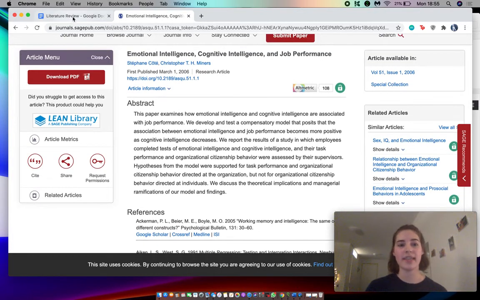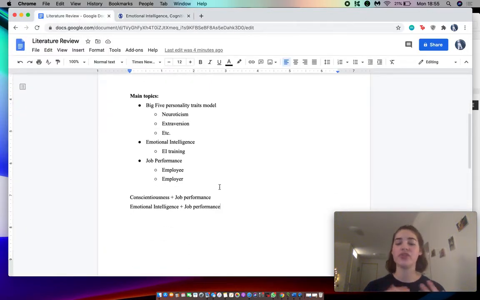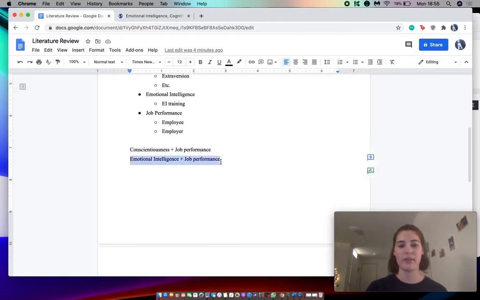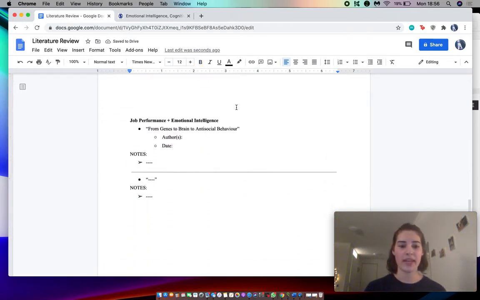So the next thing, which I really, really recommend that you do, is make a document and sort through your literature. Remember how we had these main topics, the 2 variables that we were searching with. So I'm just going to bold it. For example, we can have something like this, where we have job performance and emotional intelligence. And this can be a subtopic underneath basically EI plus jobs. So this can be our main topic, and then this is one of the subtopics, because we could have another subtopic that was, let's say, job performance